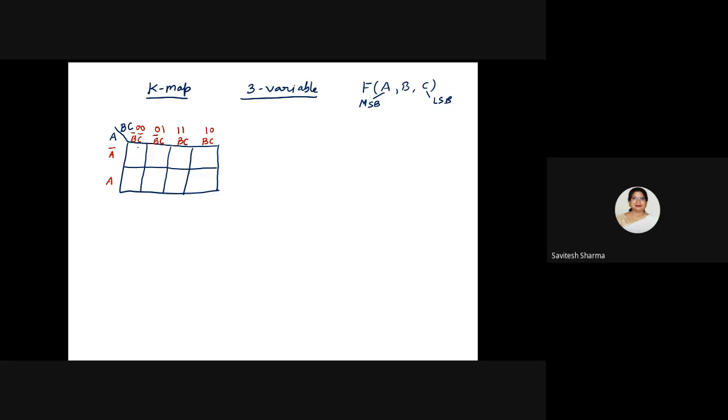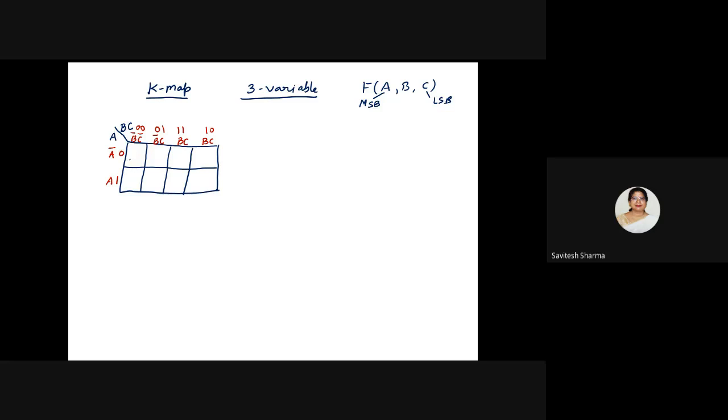Got it? You will draw a K-map. If you have 3 variables, you will draw a rectangle and divide it into 8 cells, and you will write the variables horizontally and vertically. Horizontally I am mentioning 4 combinations: 0 0, 0 1, 1 1, 1 0. Please remember this sequence, and here I am writing the 2 combinations corresponding to 0, 1. Next you will mention the cell number. How do you know the cell number? You will see the horizontal and vertical variables.